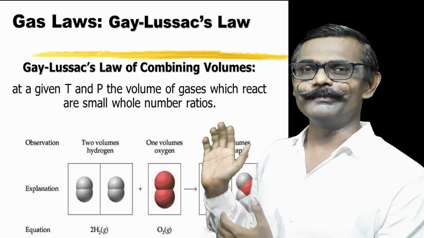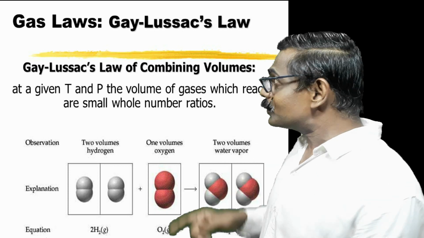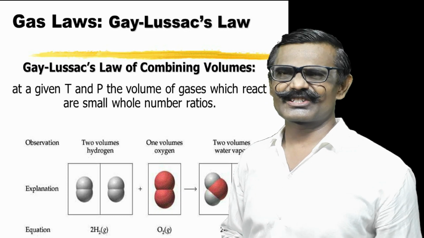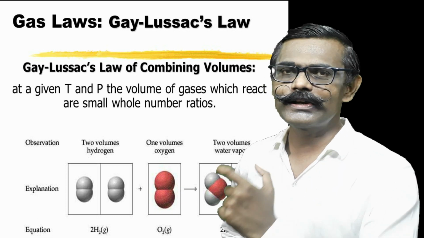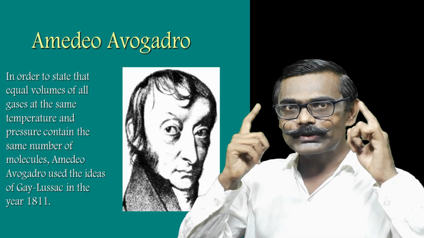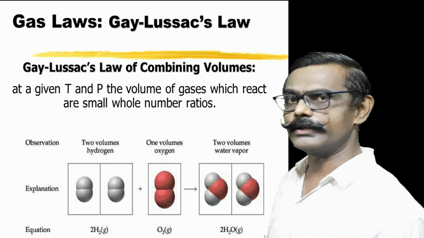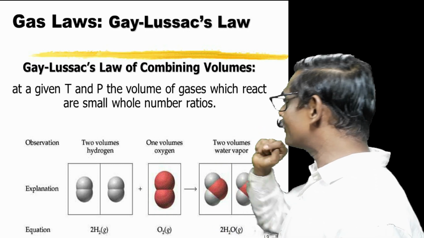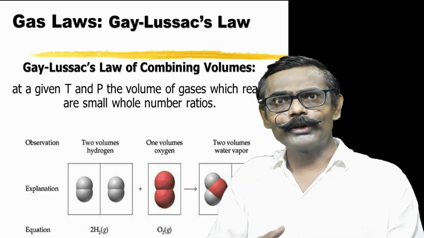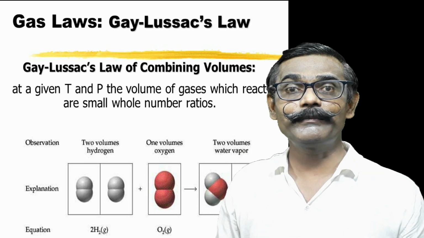It seems very simple, but at that time it was a tough task. Because of Gay-Lussac's observation, a genius, but in his period he was neglected. The genius scientist Avogadro came to know of this experiment and brilliantly suggested: hydrogen is a gas, oxygen is a gas, water vapors are gases. So if the number increases, volume increases. Means what he thought: if you take the same volume, the number of gaseous molecules will be the same.